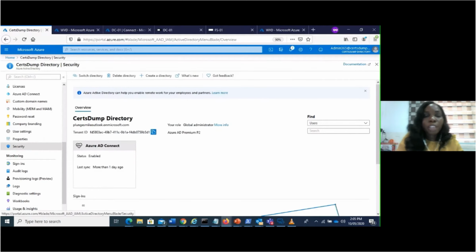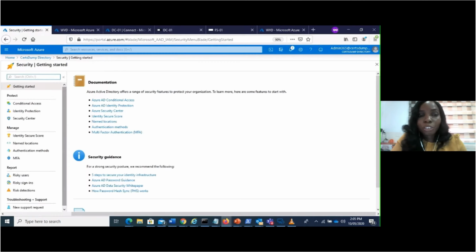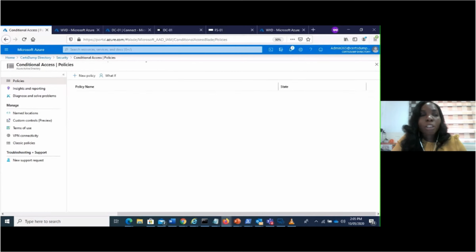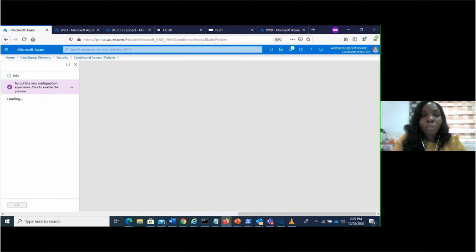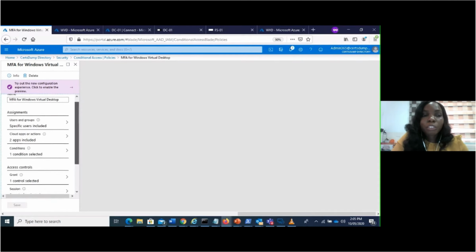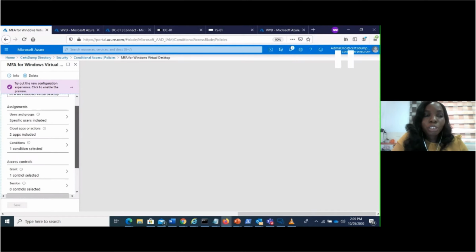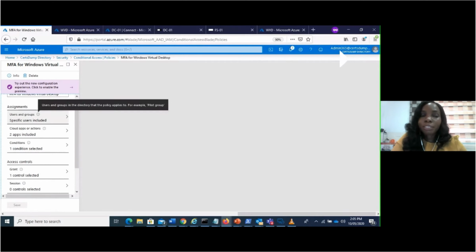Then the second security feature we implemented is conditional access, which my colleague Olawale touched on. All right, conditional access is a very key component in the WVD platform. If today you're currently using Office 365 and you have AD Premium, you can have access to this feature. So what are we doing with conditional access? With conditional access, you can specify different conditions around how you want your users to be able to access data. For this particular one,